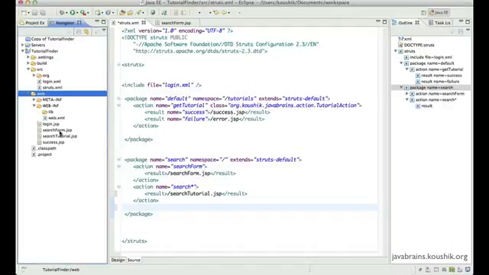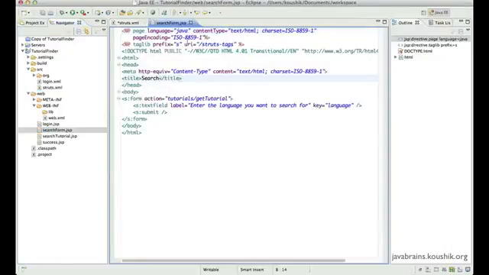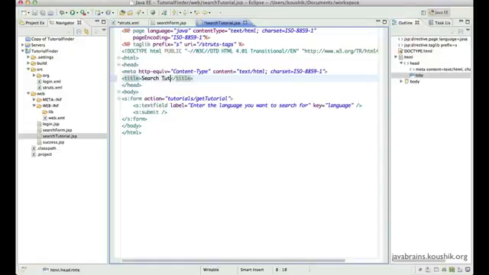Okay, so I have a search form page and a search tutorial page. Okay, so now if the user